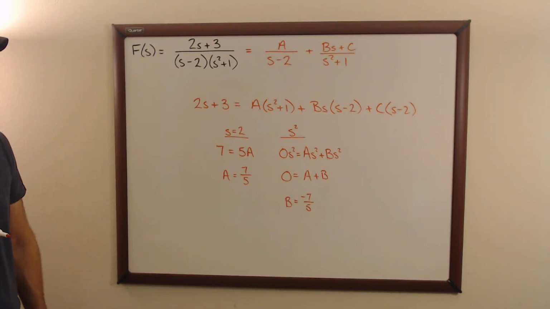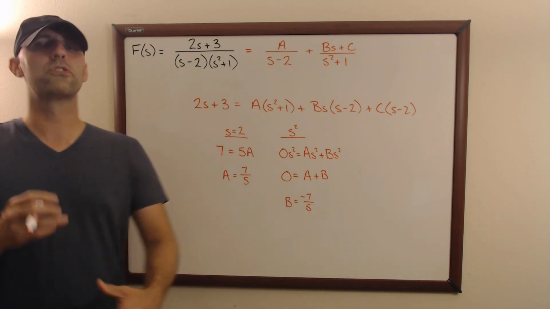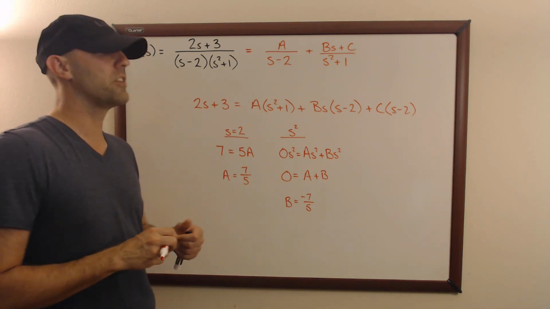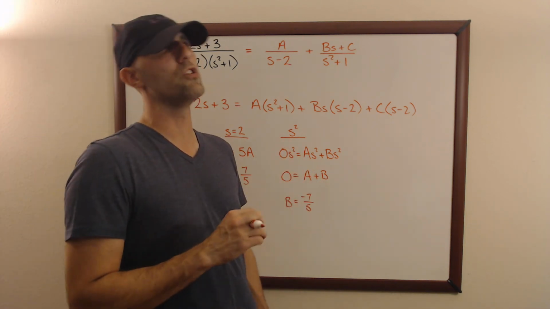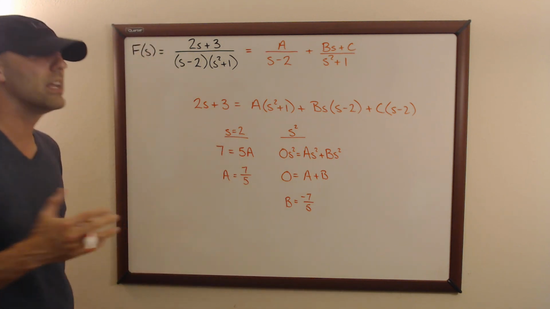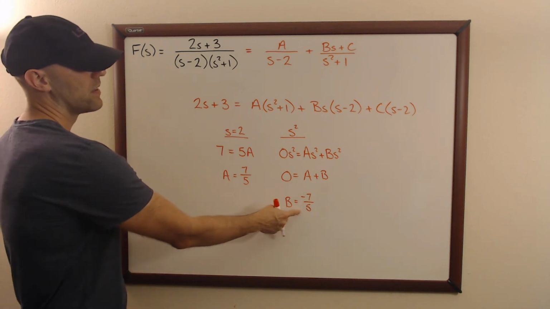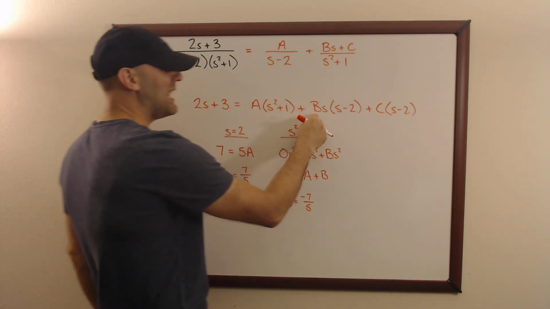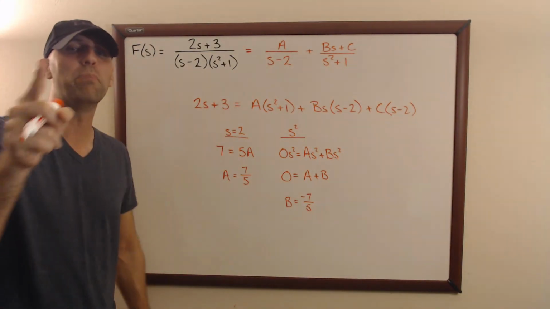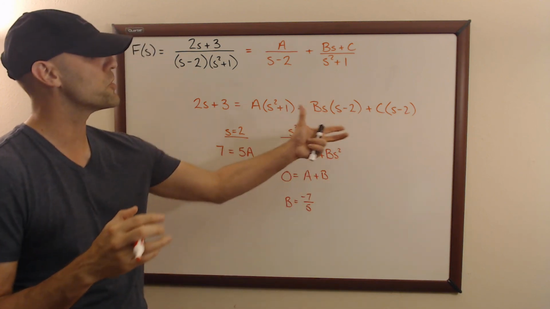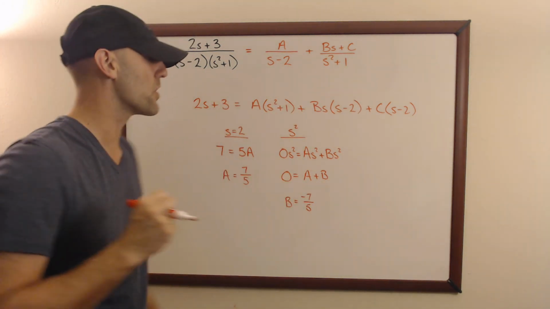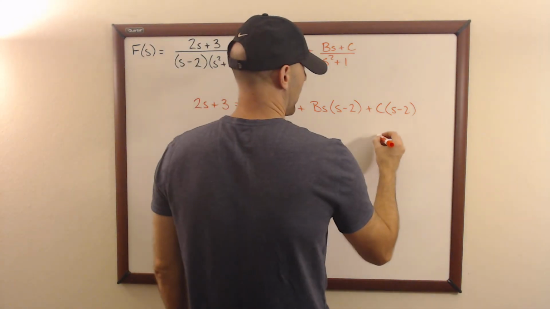All right. Well, let's see if we can do some same logic here. A lot of teachers, whenever they teach partial fraction decomposition, teach you to plug in 0. Yeah, sure, that would work, but why does it work? It works for the same reason this did, okay? Notice that b has an s attached to it, which means b cannot possibly participate in constant terms, okay? Let's look at my constant terms,